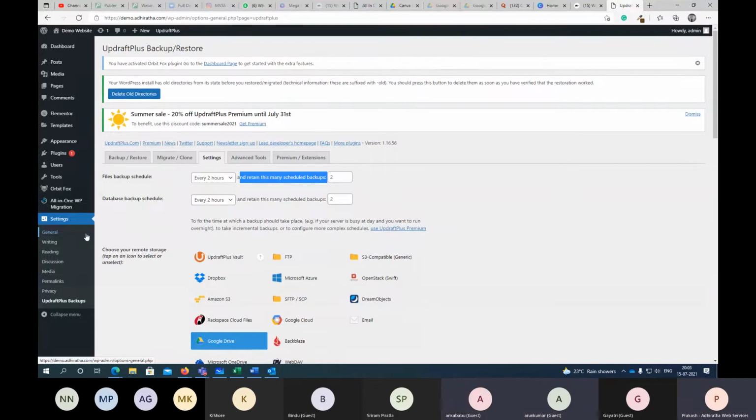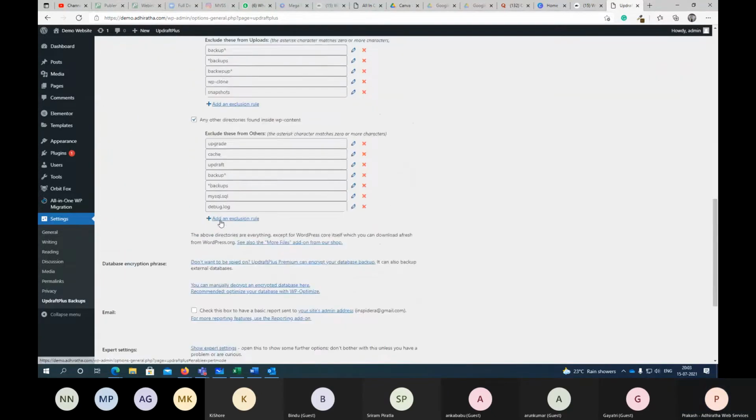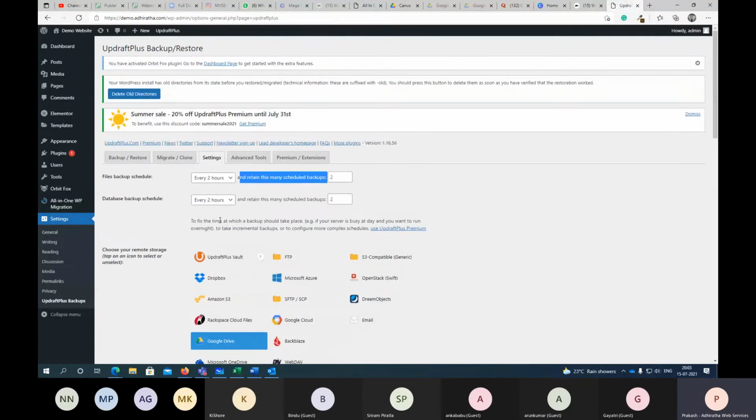12, right? So by end of the day you will have 12 backups. If you continue to take backups like that within a week, what will happen? 12 into 7 days, right? So many backups will be there. Google Drive will keep dumping the database, files, photos, everything there. So your Google Drive, or whatever storage account you're using, it will become a problem, right?